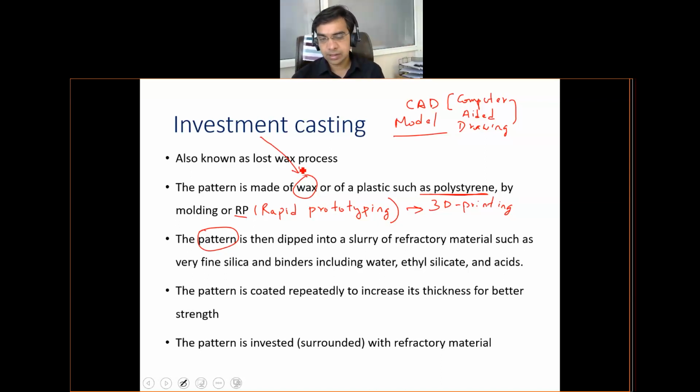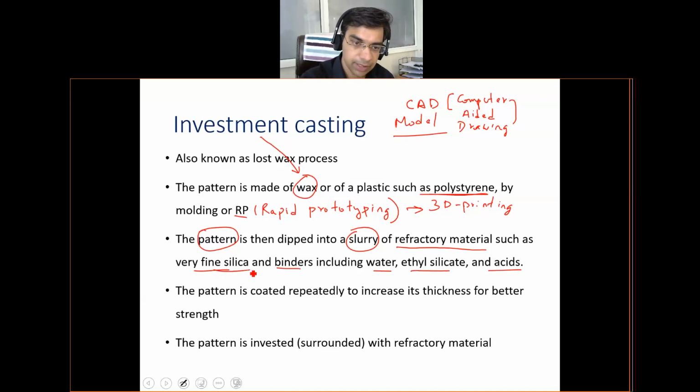So once you have this pattern which is created of wax, so then what we do is we dip this pattern in a slurry of refractory materials. So this is refractory materials which include fine silica and binders. So binders in this case are mixture of water, ethyl silicate and acids. So essentially what you are doing is you are coating the pattern with this refractory material by dipping it repeatedly in the slurry. So what is slurry? Slurry is basically mixture of this refractory material, which is a combination of silica and binders like water, ethyl silicate